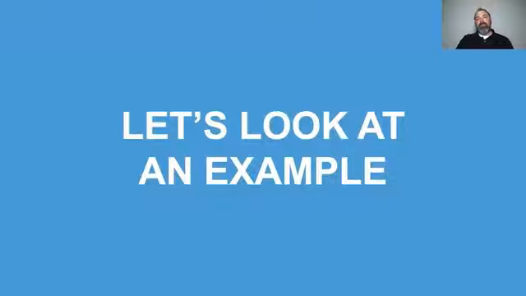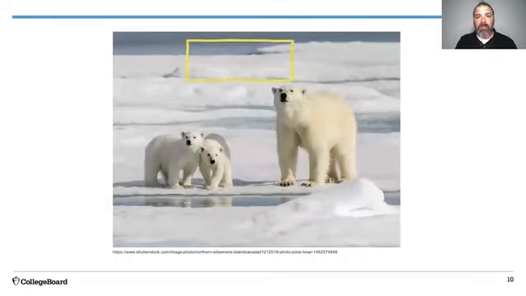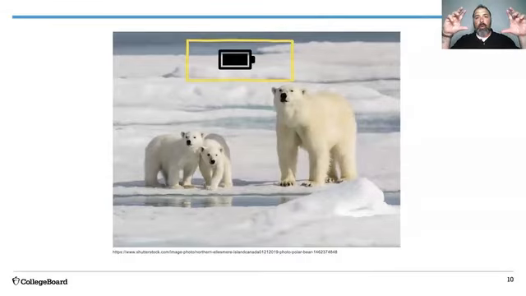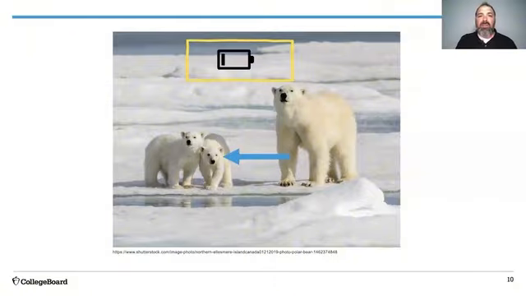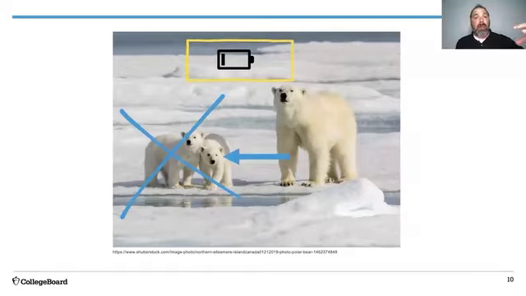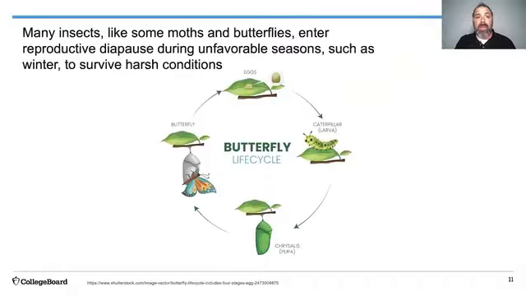So let's look at an example. We've got polar bears, right? Think of this as your cell phone. You've got a full charge on your cell phone, right? That polar bear has a full charge, lots of energy, and is going to produce offspring, maximizing its reproductive success. Let's say it has 2 offspring. Now say there's a loss of energy in the system. For whatever reason, that polar bear is not getting as much energy, the battery's on low, so it's probably not going to have as many offspring. Keep that idea in mind: how much energy is available to an organism will determine its reproductive success.